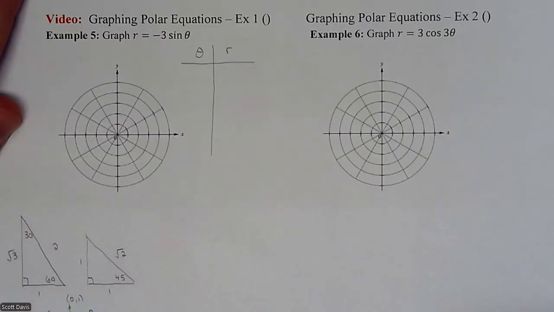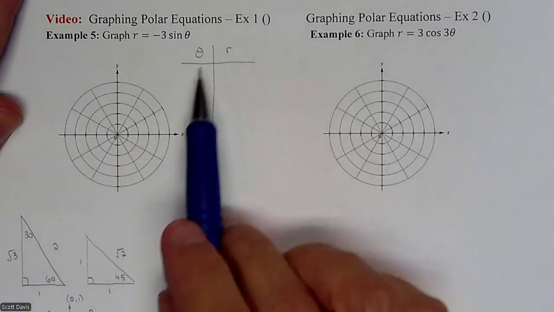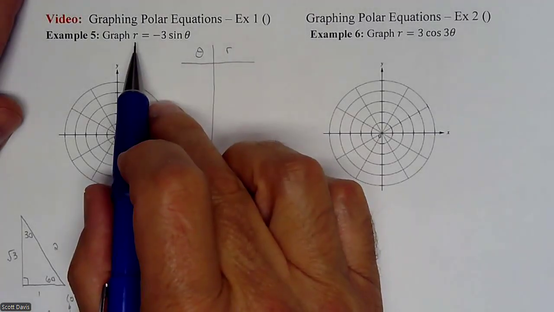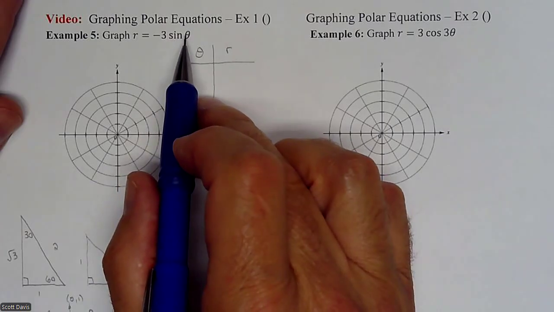In this video, we are going to show you how to graph polar equations. Right, so this is kind of the detail. We need a bunch of little pieces to this, and there's eventually kind of a shortcut to it. But here's what this stuff looks like, and here's how you go about it, and then we can deal with the shortcut thing. So we're looking to graph r is equal to -3 sine theta,